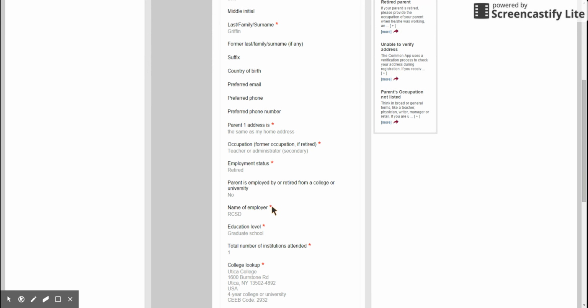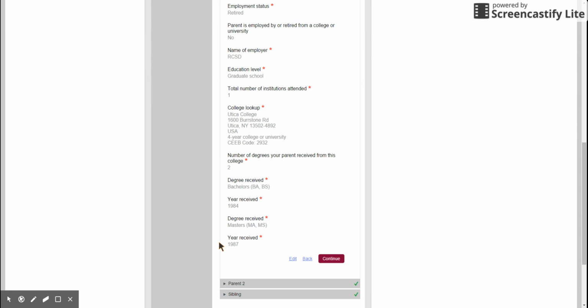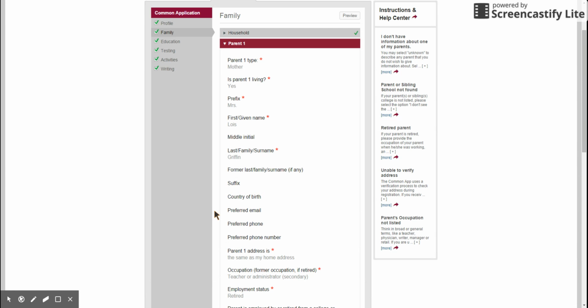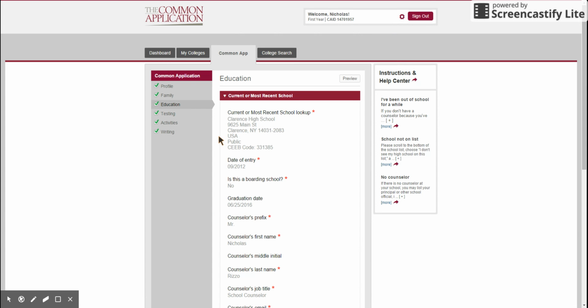But all of these little red stars right here means that it is required. So you do have to, unfortunately, plug all of that in. And then they're going to ask for the same thing about any siblings that you have as well. So, like I said, there's a lot of information that they're asking for on the parent side of things. On the education side of things,